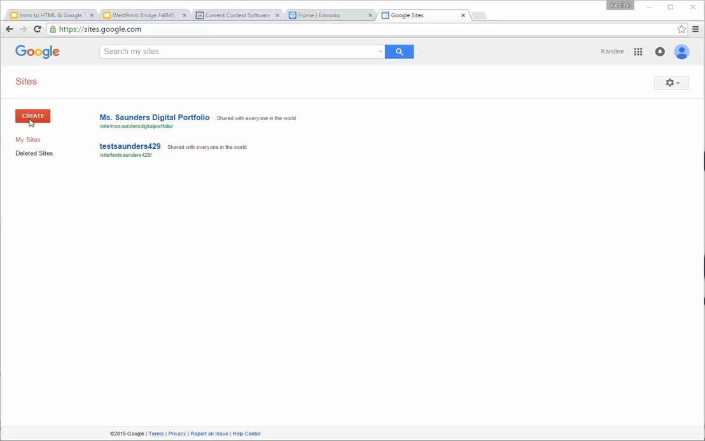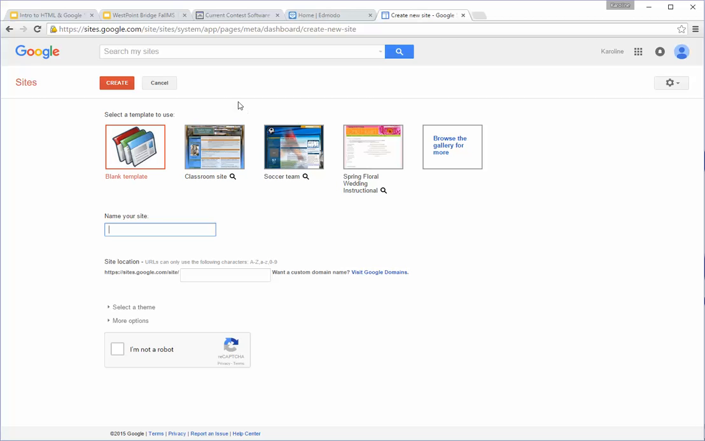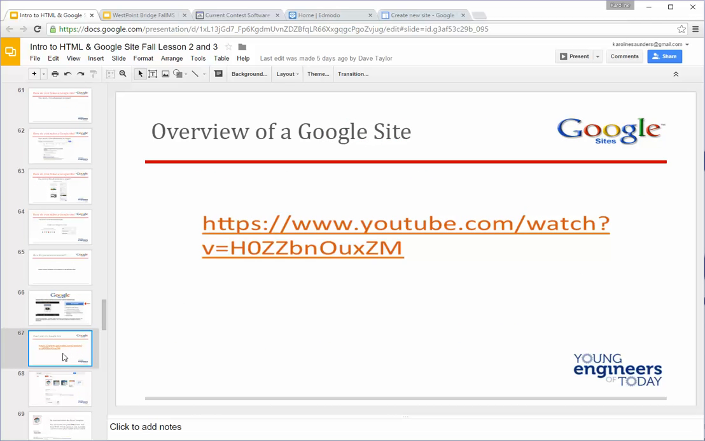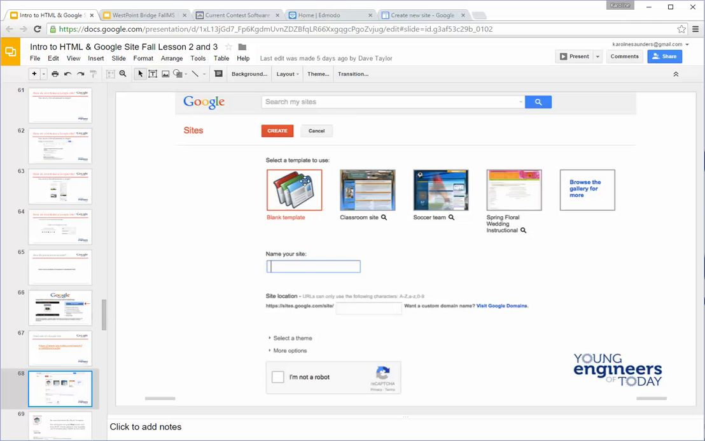Alright. When you do that, you should get a page that looks something sort of like this. It has a couple of templates. You have the option to name your site and give a URL to your site. So you already know the overview of a site. So what I want you to do, after I answer this question, that is,